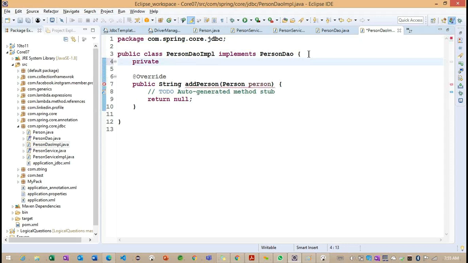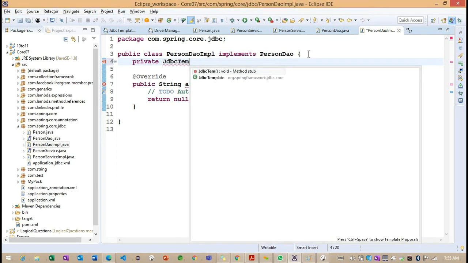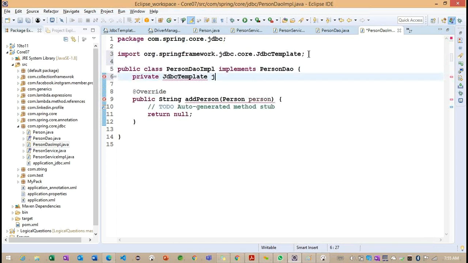And here, now what I'm doing is a private JDBC template. Private JDBC template here. Getting the point.